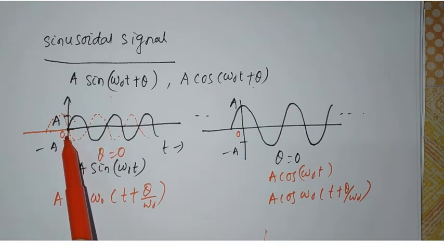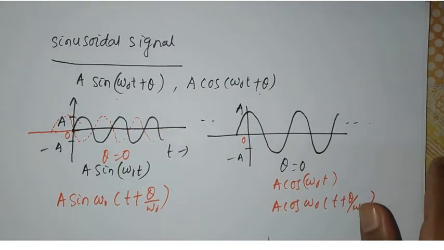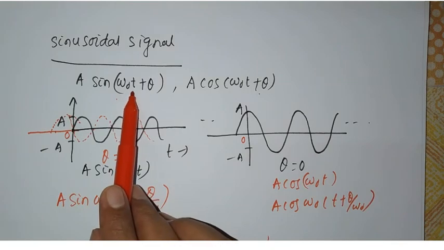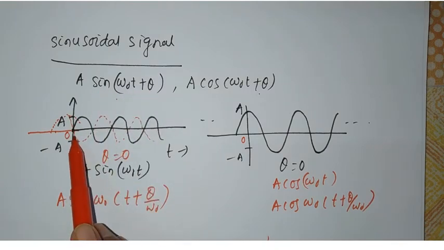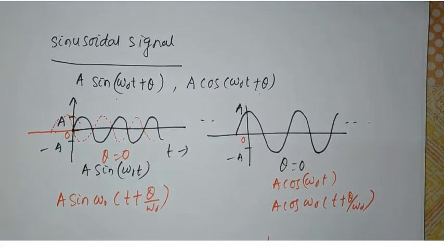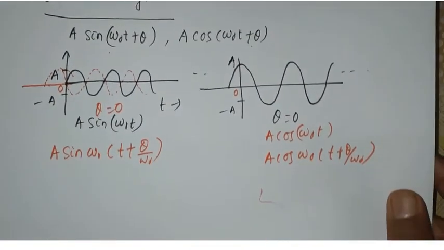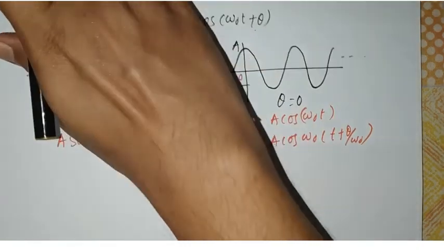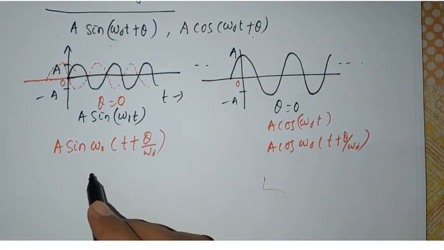This is not exactly at 0. If you see this diagram having some mistake, it is because when t equals 0, the value is A sine theta, so it depends upon the value of theta. It depends on what value you are taking, and that's why it is not exact. Here the graph shows 0, but actually it's not 0, okay. I am just giving an approximate plot, because we are taking just theta, not some particular value.